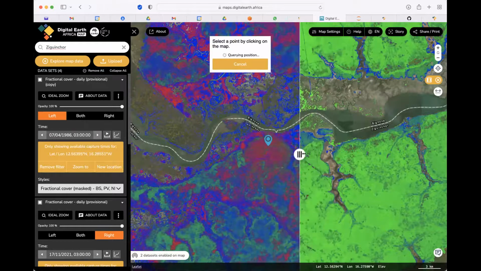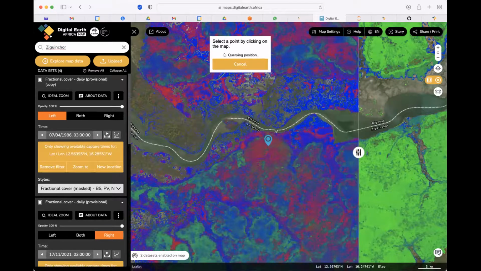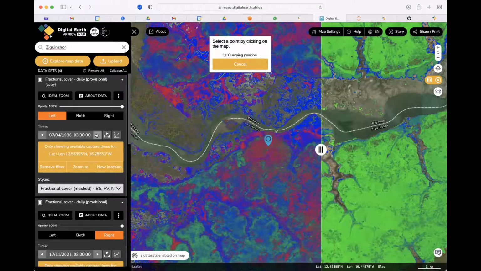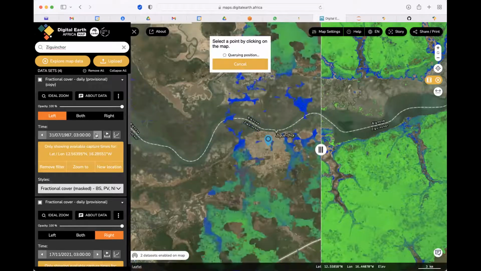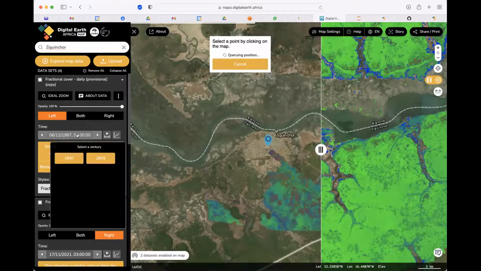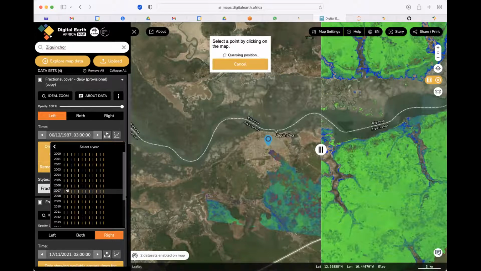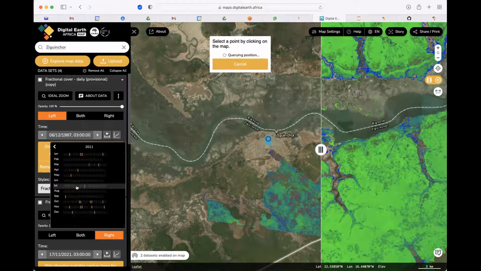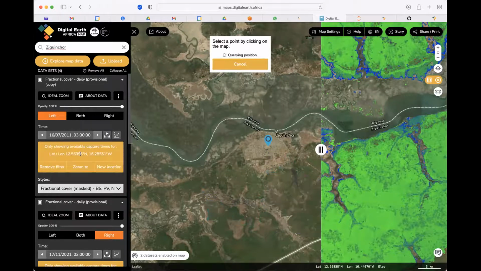So that is the layer for different years. And you can see this is based on the different sensors which were used. So I can put closer to Landsat 7. So Landsat 7 around 2010 should be a good assessment.